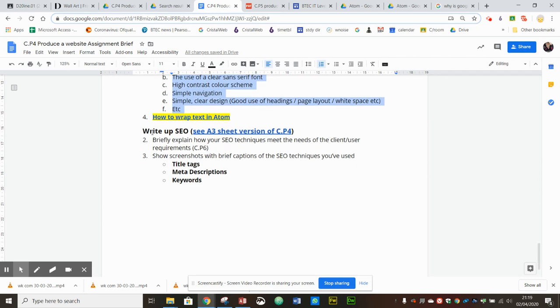Final part is to write up the search engine optimization. And if you remember, in P2, you planned what you were going to do. And at that point, I asked you to implement the SEO that you planned. So that's title tags, meta descriptions, keywords, etc. So all you're doing now is explaining how your SEO techniques helped you meet the client user requirements, and then